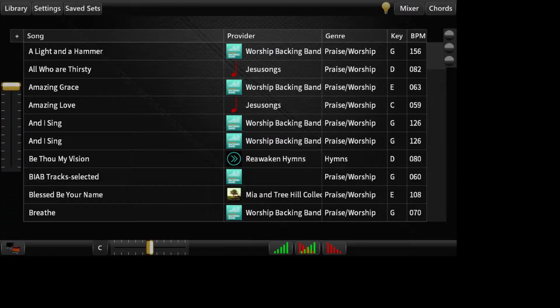I'm going to show you a new feature called Team Sharing. Team Sharing is basically the ability to share songs and sets to the cloud and to share them with your team or anybody else. The way that Team Sharing works is you first go to